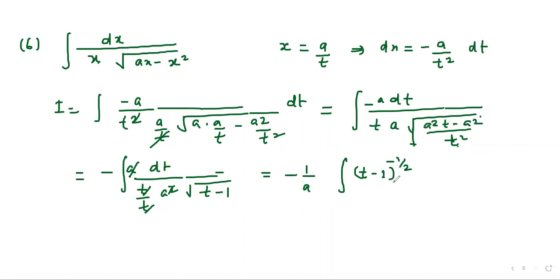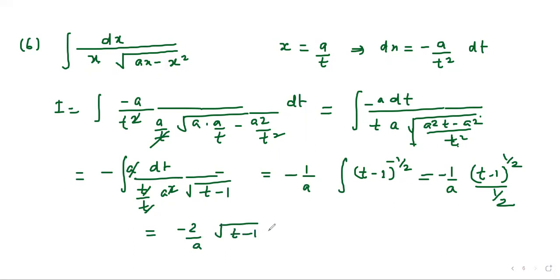If we take t−1 equal to u, dt equals du, so we can directly do it. So −1/a, (t−1), and the power will increase by 1, that is 1/2, divided by 1/2. So that will become −2/a, and this will become root of (t−1)